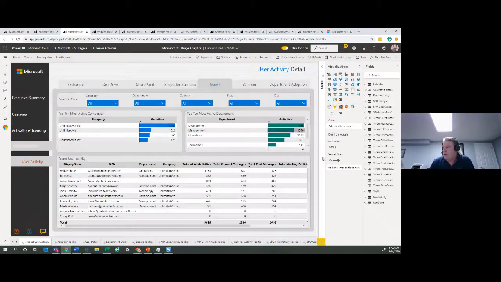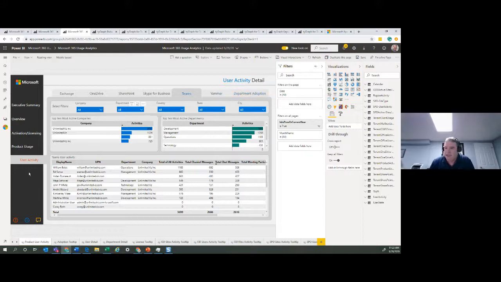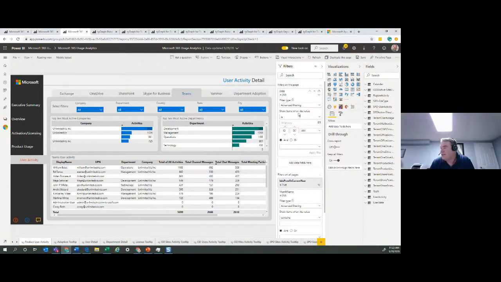Now, what I'm going to do is show you some of the limitations, if you will, of this. It works quite well, but from a granularity perspective, one of the things that you may want to do is get into advanced filtering here and say, I want to see everything on or after a particular date.